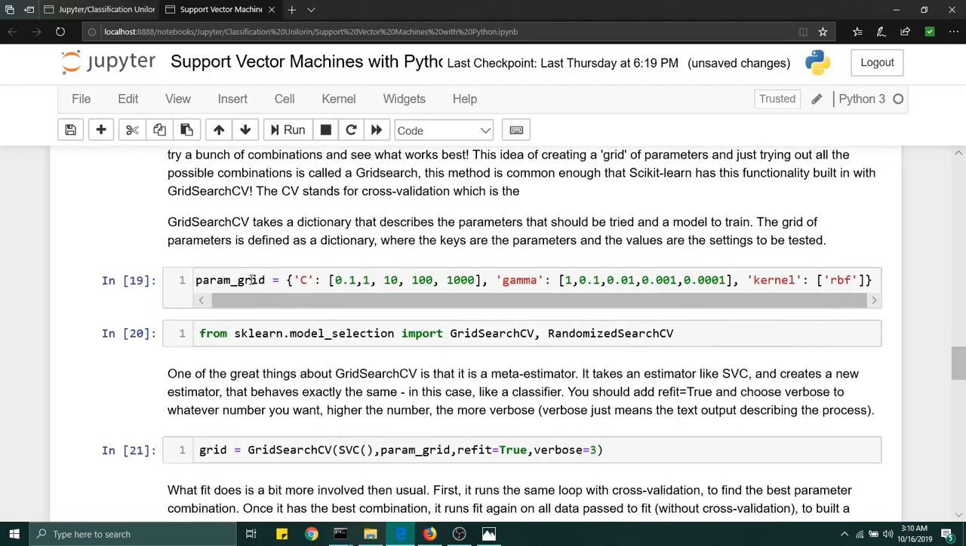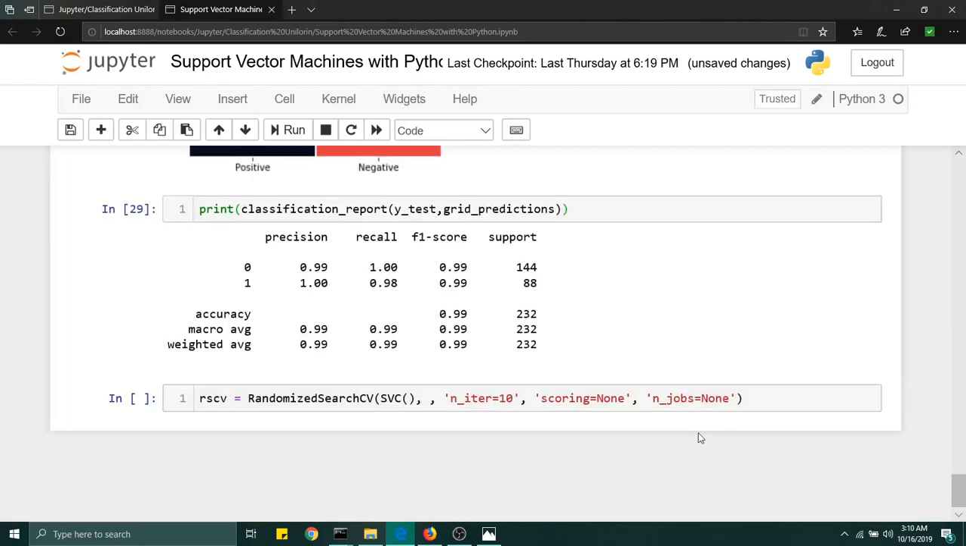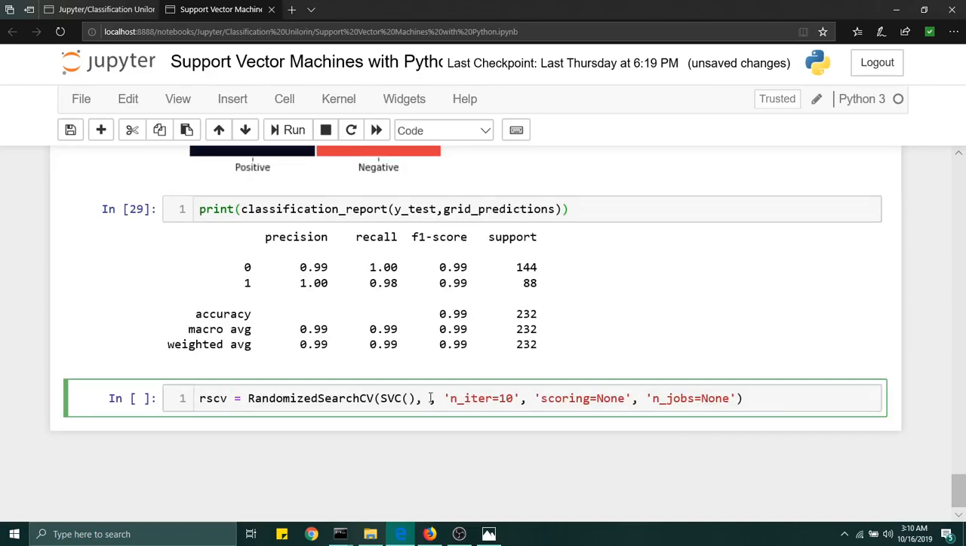Your param grid. Let me copy this. Right, so we put param grid there. Now the number of iterations is what you need to pay attention to, because this is the number of samples your algorithm is going to take. So let me leave it as 10, and then scoring,